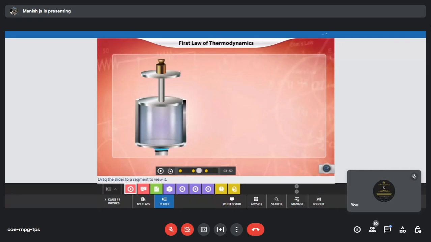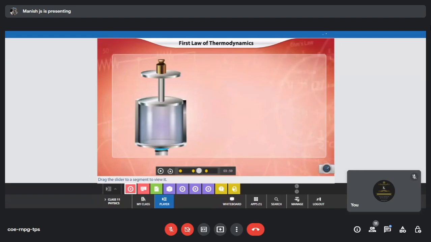So what do I mean here by potential energy? Initially the piston was at the bottom. When I supplied heat, the air molecules inside this piston started moving with a greater kinetic energy. Initially they were at a lesser temperature. When I supplied heat, they started moving randomly in all directions. They started expanding. Due to thermal expansion, you can see that the piston started moving up. They started occupying a greater volume or a greater space. So the piston is moving.